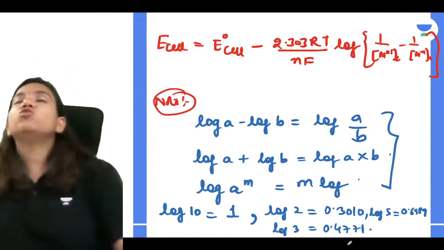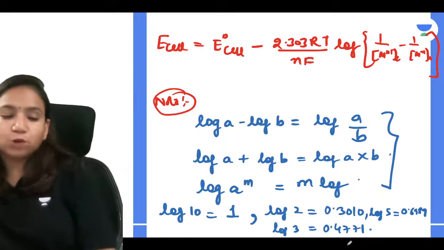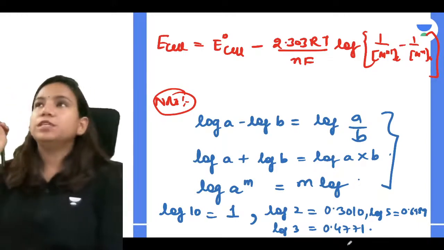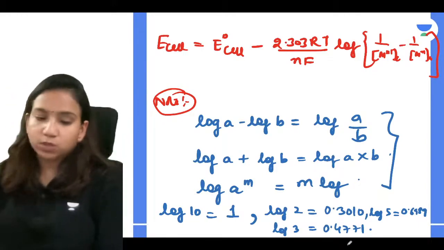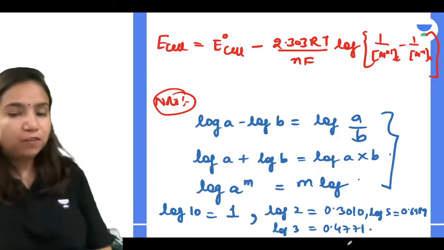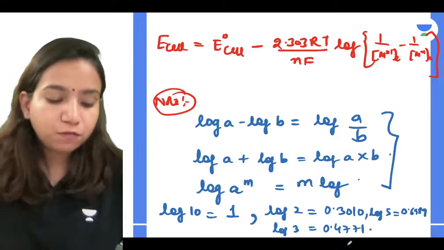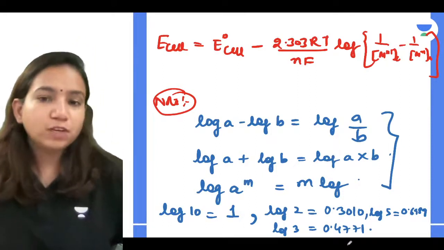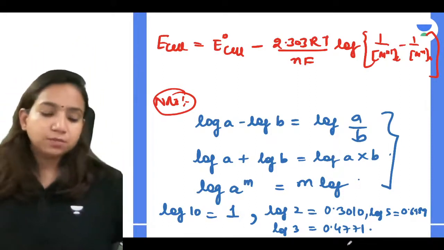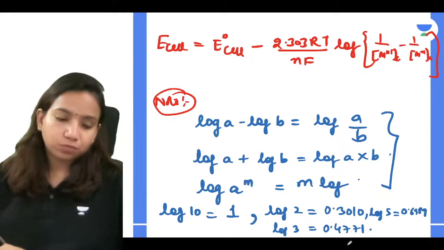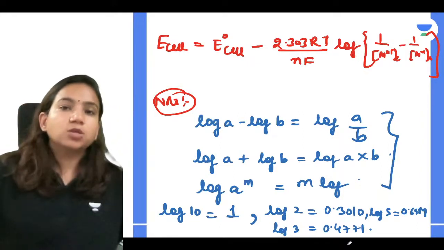And for the 5% which you won't be able to solve, for sure the log value will be given to you in the question. So this is what you have to know: 95% of the questions you will be able to solve with these four log values. If any other log value is required, that will be given to you in the question, so we can understand.